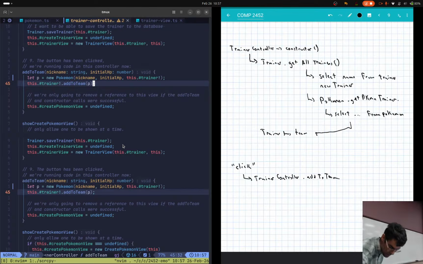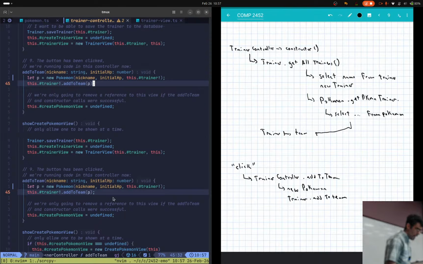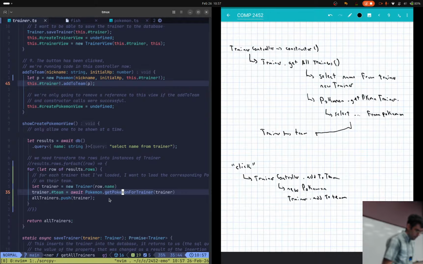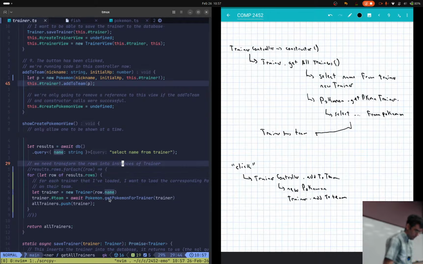So when I call this add to team, we're making a new instance of Pokemon. And then the trainer.add to team. Trainer.add to team is happening